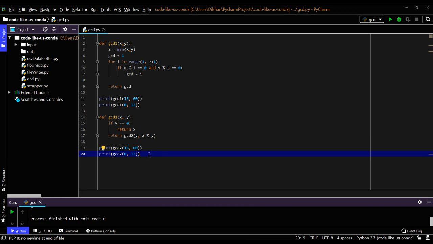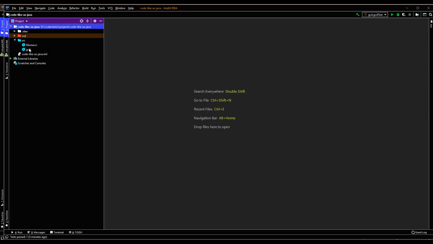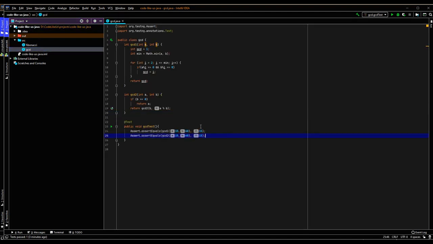Let's move to the Java code as well. Here is the gcd.java file. The same two methods I have written previously in Java also, so you can go through the syntax as well. The same functionality happens here. The min value is taken first, then we have a for loop. I start from 2 here because we put the GCD as 1 initially, so no need to go from 1. So we start from 2, then go to the minimum value. If it is a divisible factor, we assign that to the GCD variable and finally return the GCD.